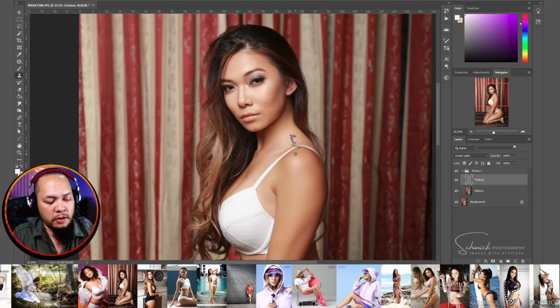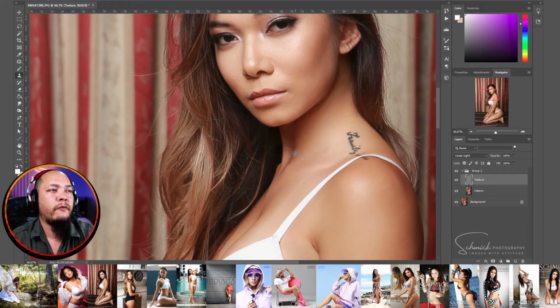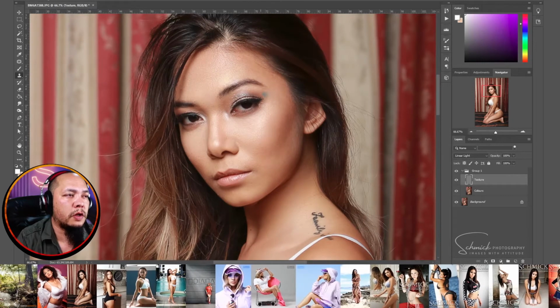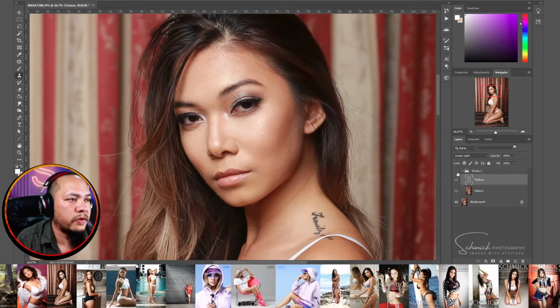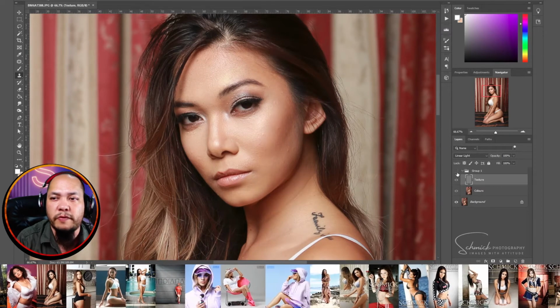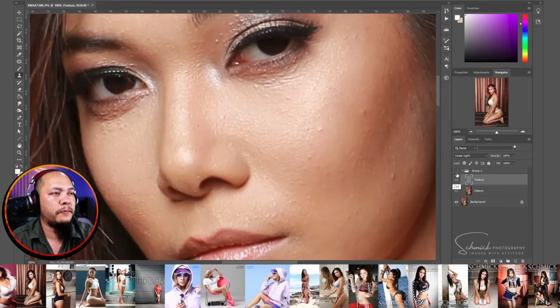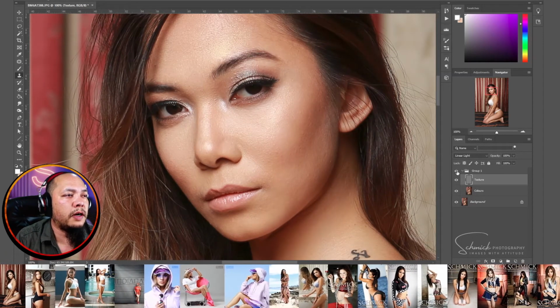So like I said, this is more a personal edit for an individual, where the goal is not to go for clean porcelain skin. It's to keep things realistic, but clean everything up. So even just that little bit of work we've done there, hopefully you can see the difference. I'll zoom in a bit. Okay, so there's before, after,